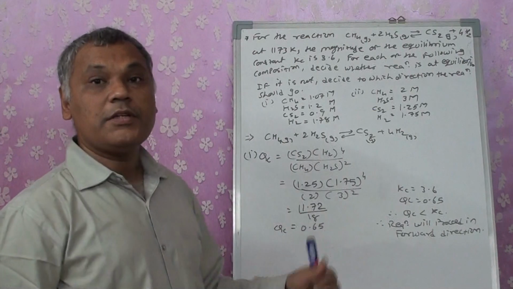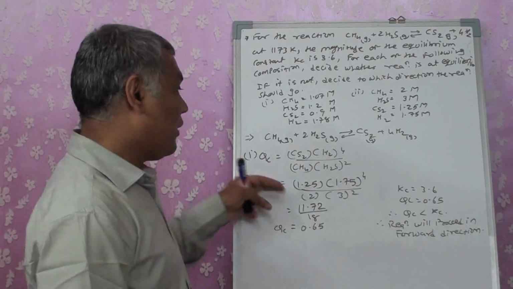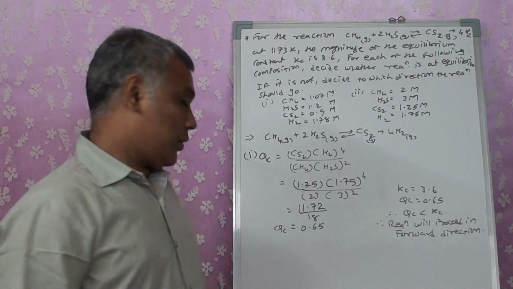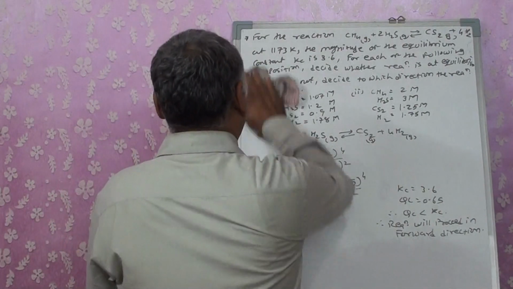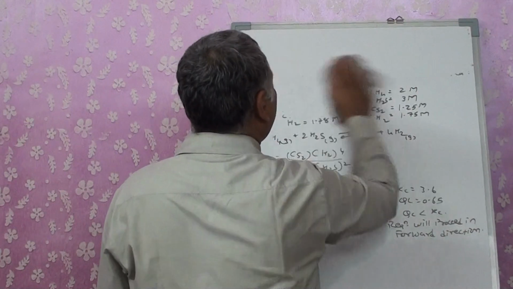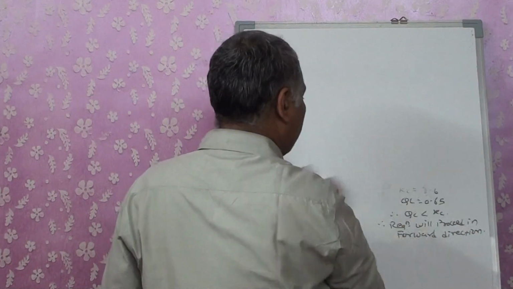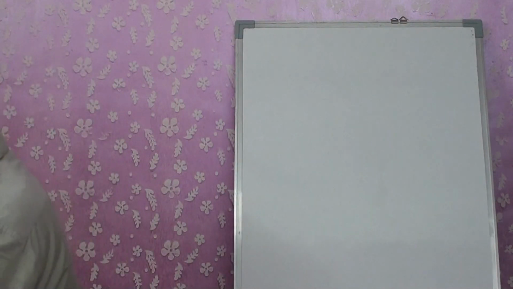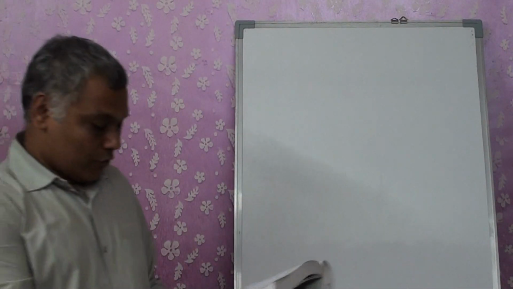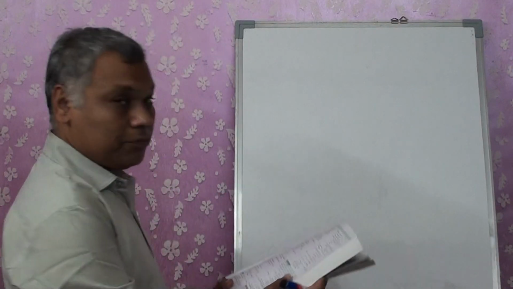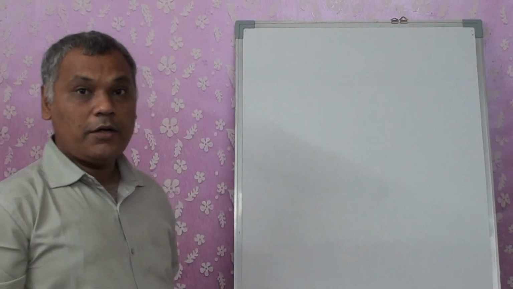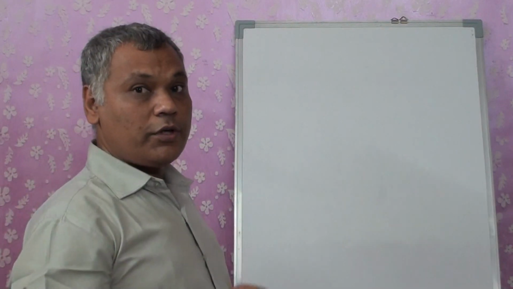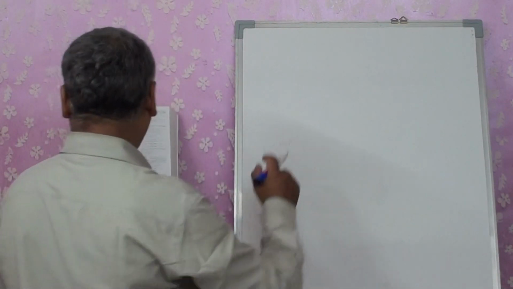This is what the numericals will be, where we have to find out whether Qc, Kc, these are the things that we will have to find out, and then do it, right? Okay, let's do another one which is a different numerical, different from what we did till now. This time it's a somewhat typical sum, right? Make sure that you observe it, make the calculations, and note it in the book very carefully.